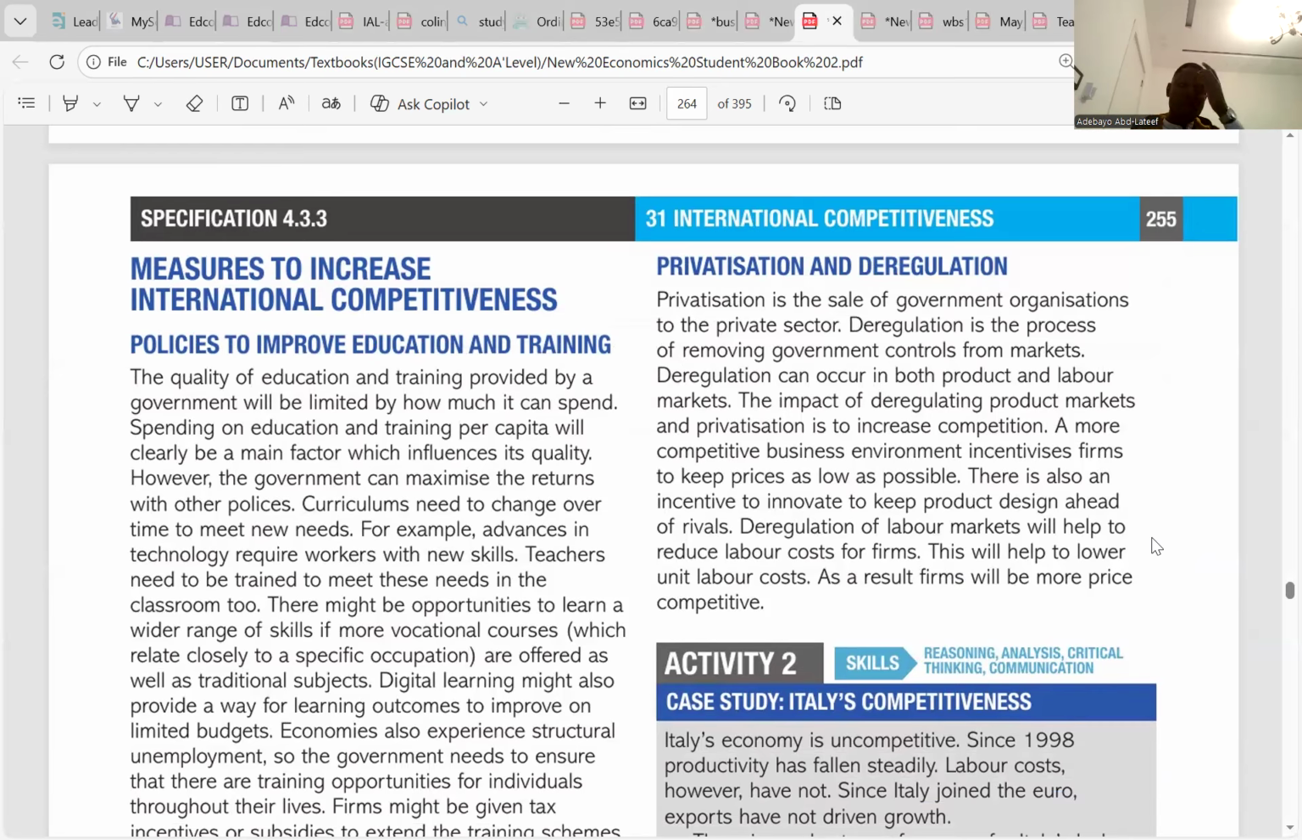And the third one I'm going to talk about here is privatization and deregulation. Are you there? Privatization is the sale of government organizations to the private sector. Deregulation is the process of removing